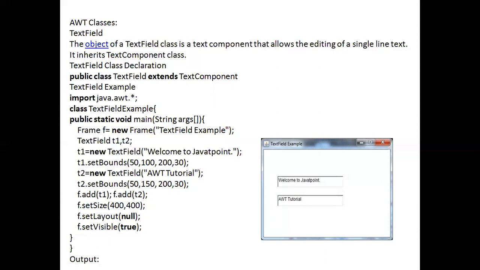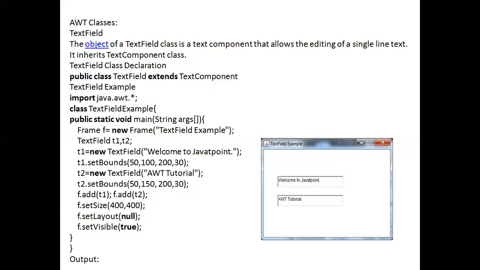After that, we are adding those. F is nothing but the frame, and the frame name is TextField Example. Inside the frame, we are adding the T1 text field and the T2 text field after setting their boundaries: F dot add T1, F dot add T2.